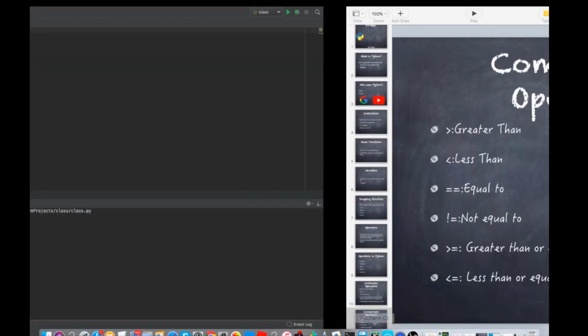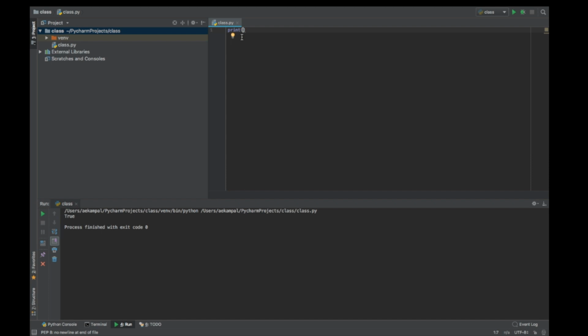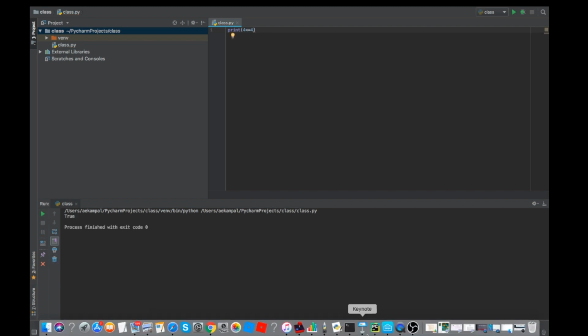Let's go back to PyCharm and print 4 greater than equal to 3. It will show us true. Then if we put 4 less than equal to 3, it will show us false. And if we do 4 less than equal to 4, it will show us true. So that's all